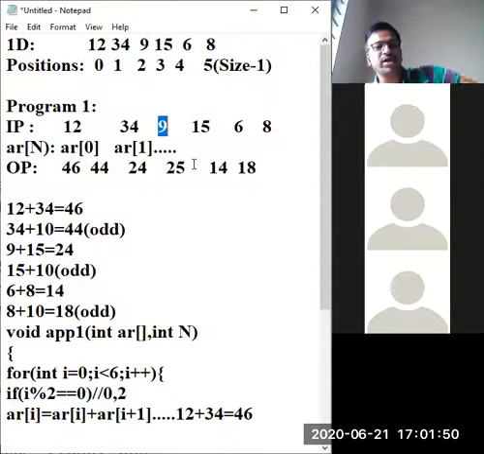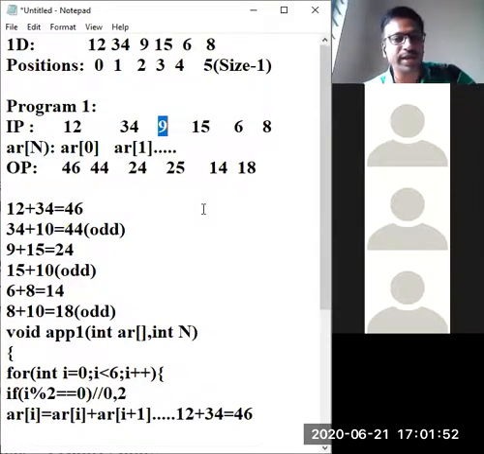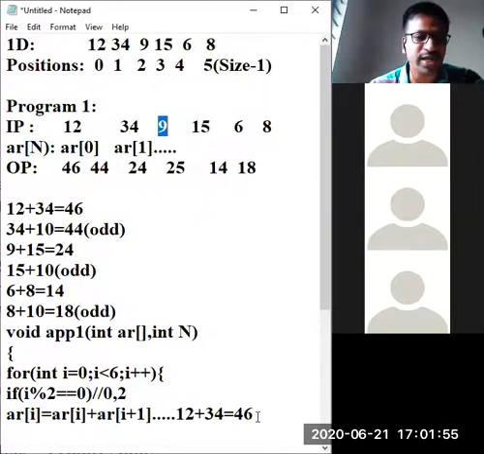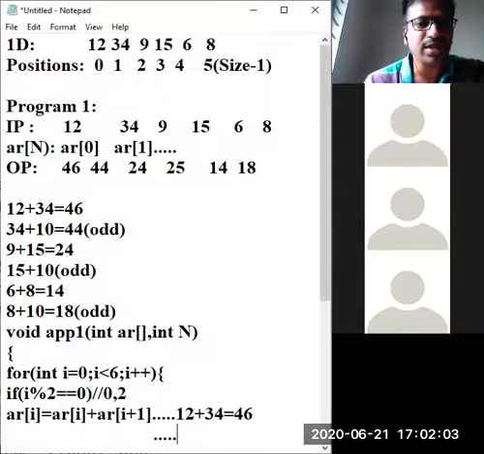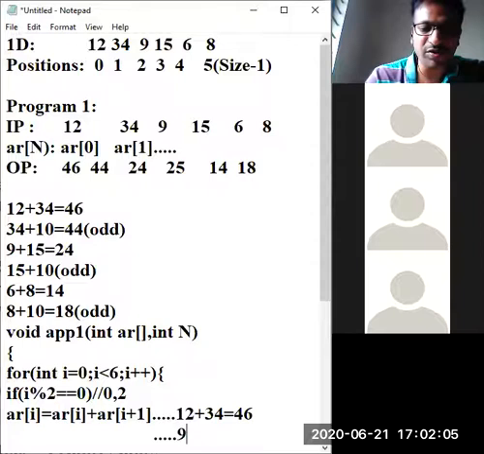Absolutely right. So 9 plus 15 will work fine here. 9 plus 15 is also done. Great. You are doing great jobs here. See how easily you can understand the trick. One of our students told that 9 plus 15 is going to be 24.